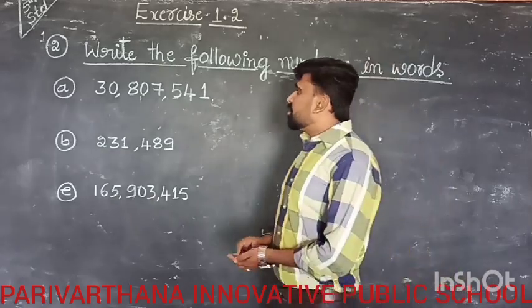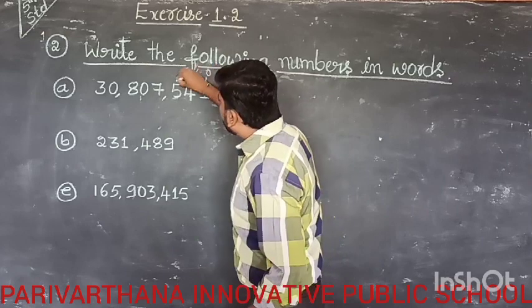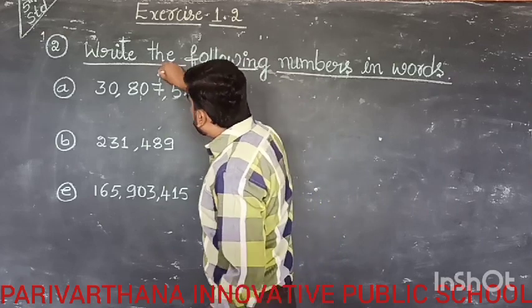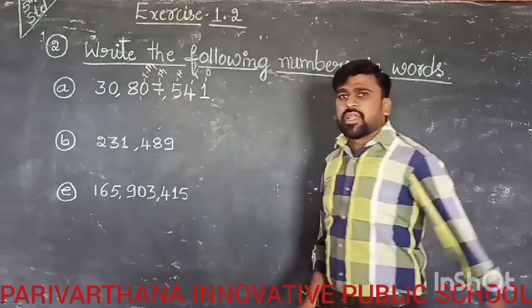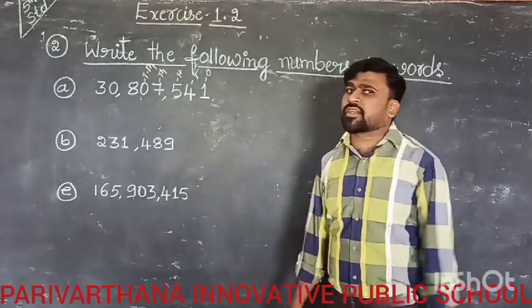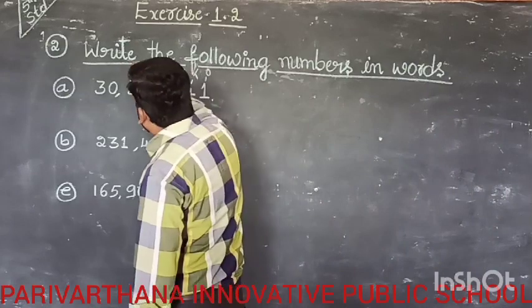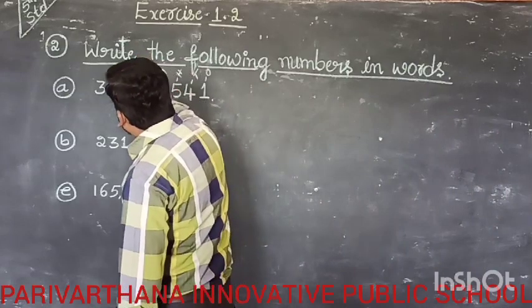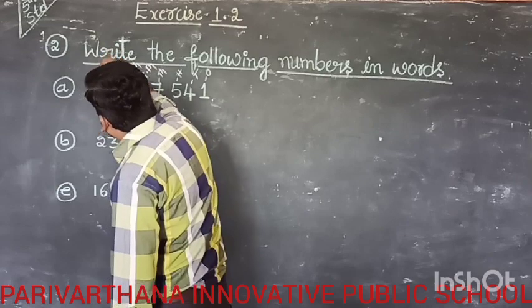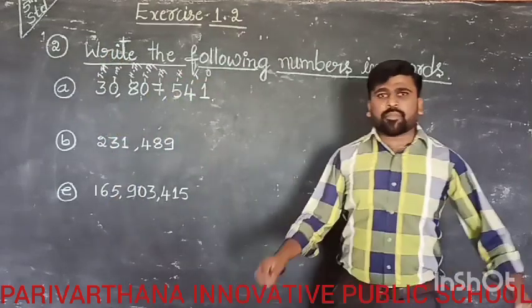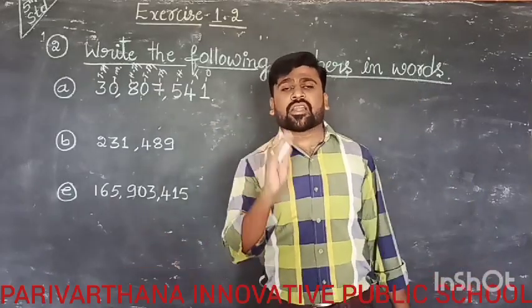Regarding the international system, you already know that this is ones, this is 10, this one is 100, it is 1000, this is 10,000. Up to 10,000, the Indian system and the international system are the same. After 10,000 it is 100,000. Next it is million. Next it is 10 million. In the previous class we discussed in detail how to read the international system.